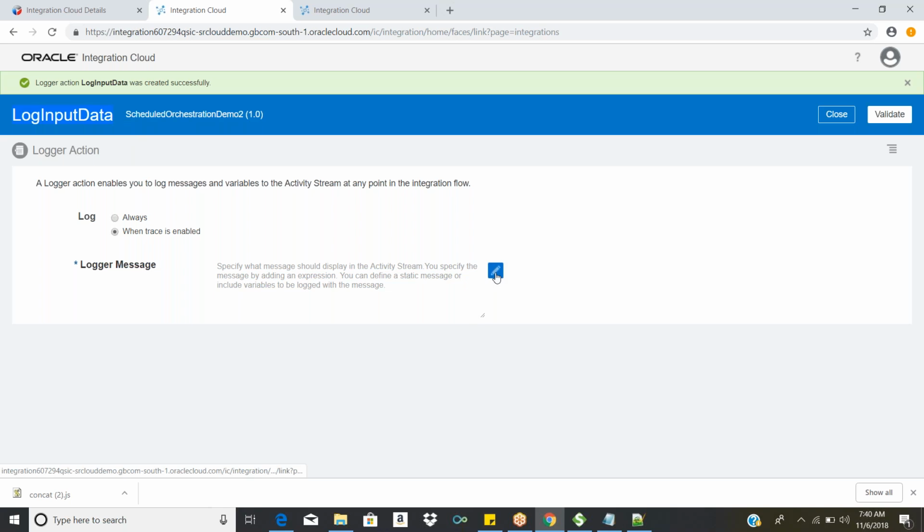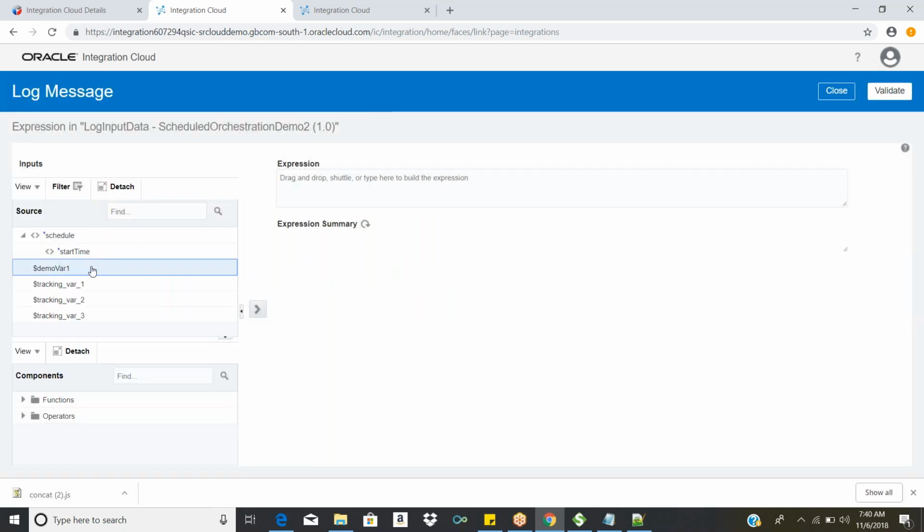If we're assigning something here, like a demo variable, I want to log what the demo variable contains. I don't know whether the demo variable has a value or not, so I just want to track it. I want to track the internal variables, whatever variables I created in the assign activity, and their values. How can you do that? Using this log activity you can track those values.